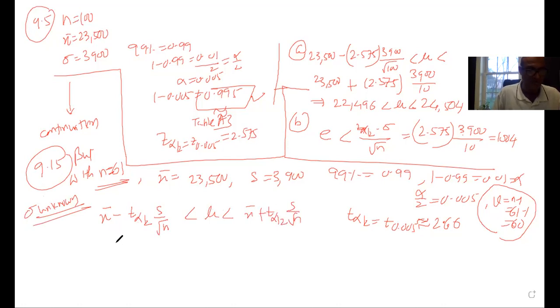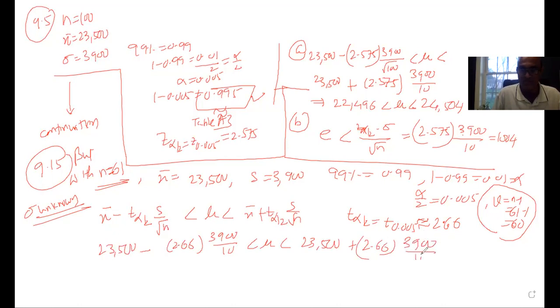Just plug in the values: 23,500 minus 2.66 times 3,900 by 10 is less than mu is less than 23,500 plus 2.66 times 3,900 by 10. If you use your calculator,